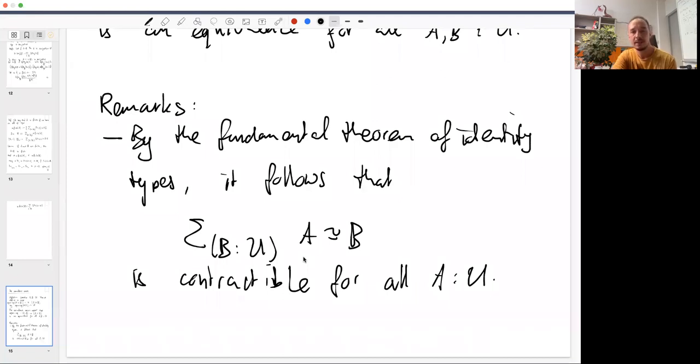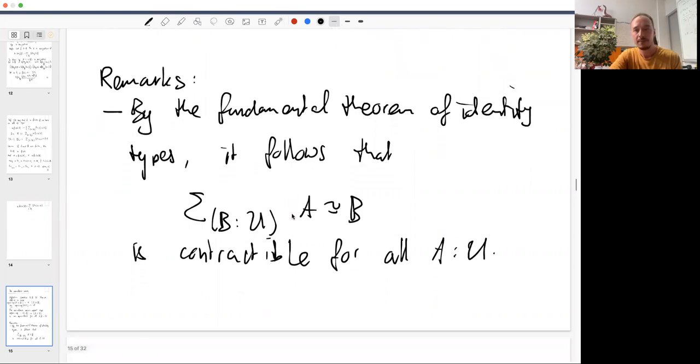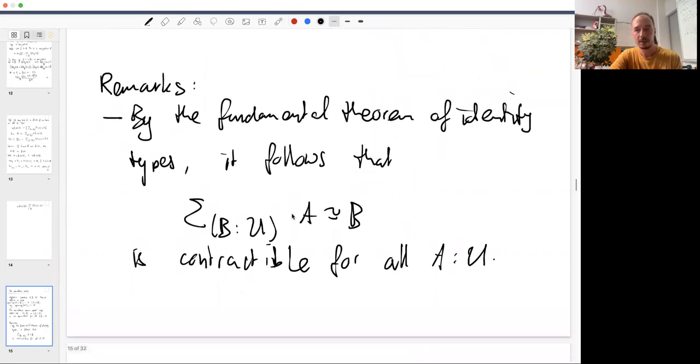And this induction principle is just like the induction principle for the identity type. So in this case, it's a principle called equivalence induction. And it says that if you want to prove something for all equivalences, then it suffices to prove that fact for the identity equivalence. If you want to know more about it, this is explained in my book, but I'm not going to do that now because we have a lot of other things to do today.